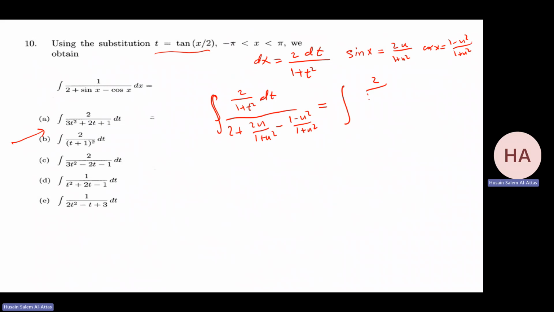I need only to have the common denominator in the denominator. That will be 2 plus 2u squared plus 2u minus 1 plus u squared, all over 1 plus u squared. This is cancelled. So I have 2 dt over